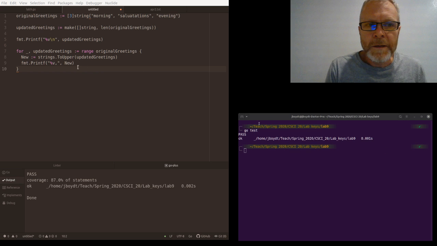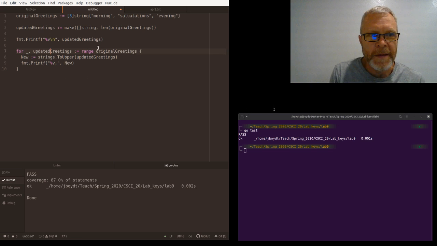this one's challenging. One thing to note here: you cannot write a loop that does both arrays or both slices at the same time. You just can't do it. When you write a loop, you range over one array or one slice. So you're going to range over the original greetings. What goes here